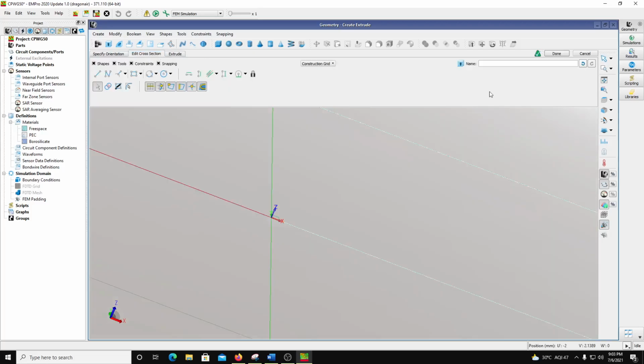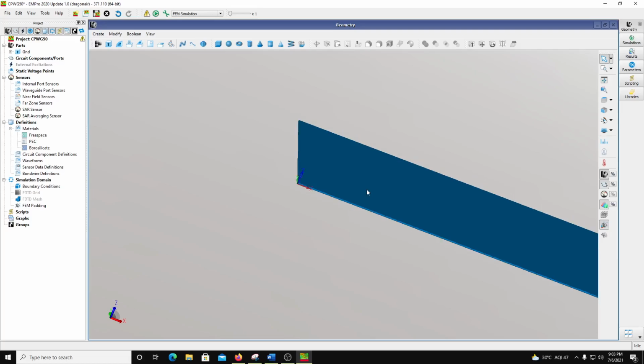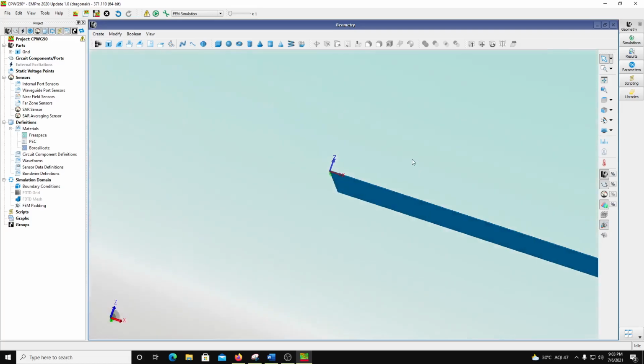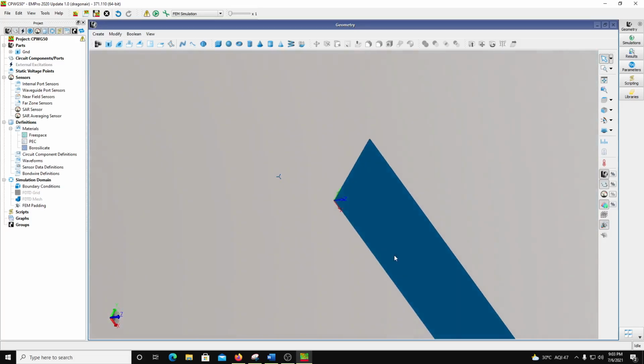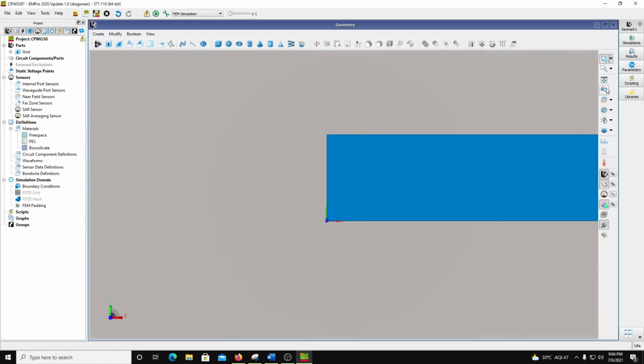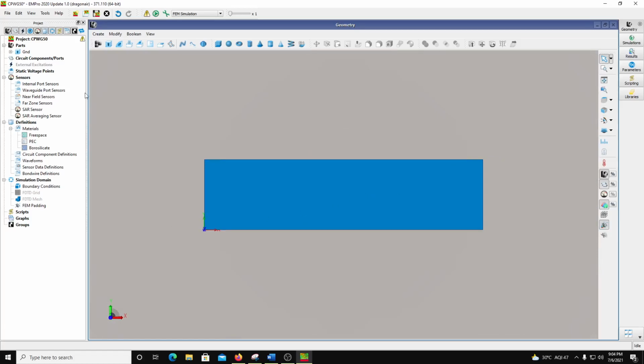Now I can call this name GND. Okay, so that's a ground. You can name anything and you can say done. So you can rotate this and see what you have drawn. Next, I'm going to put here the substrate. Okay, so I can go to the top view, I can center it out, and the substrate is going to